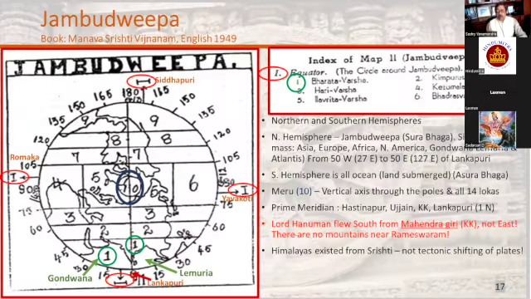All right. So the northern hemisphere is the Jambudvipa, which is called the Surabhaga. And of course, the southern hemisphere is called the Asurabhaga. So that's where all the Asuras lived. And the northern hemisphere is Jambudvipa, where all the Suras lived. And in the olden days, Jambudvipa was a single landmass, and it covered Asia, Europe, Africa, North America, Gondwana, Lemuria, and even Atlantis. So for someone interested in geography, it stretched from 50 degrees west to 50 degrees east of Lankapuri.